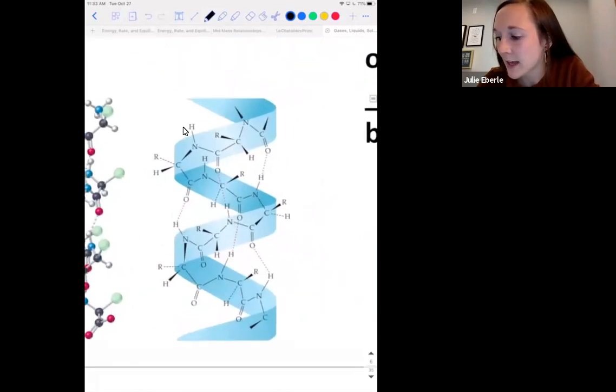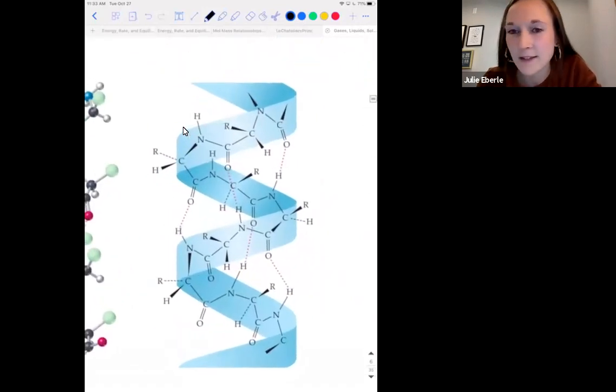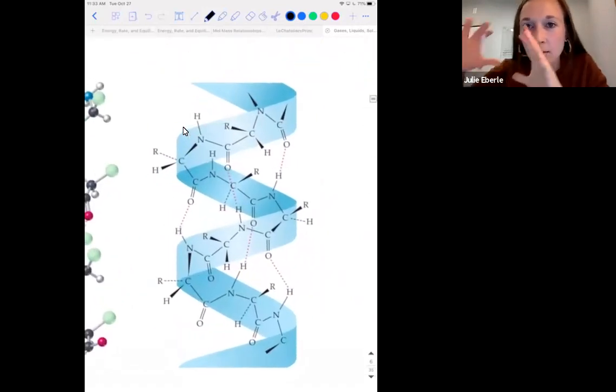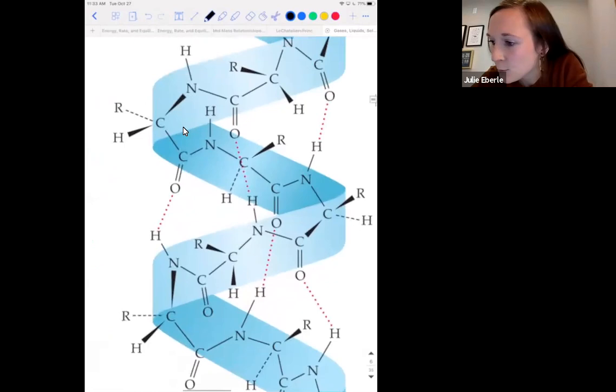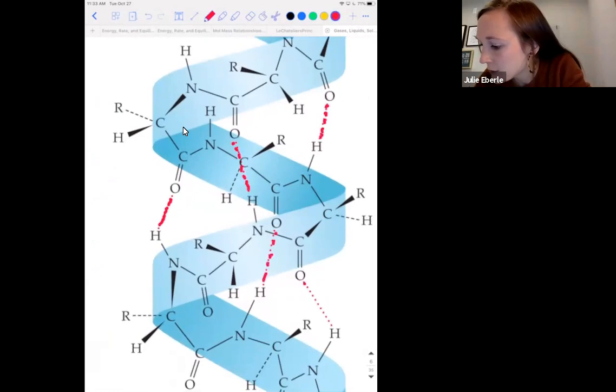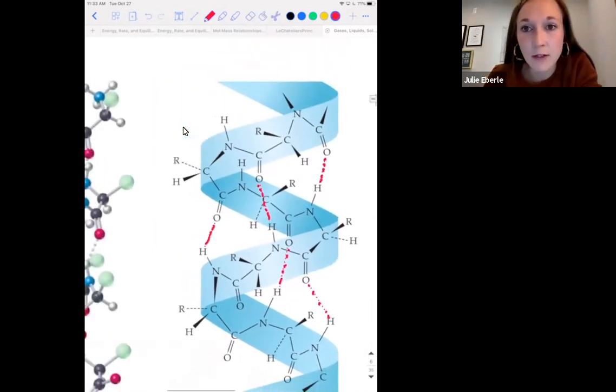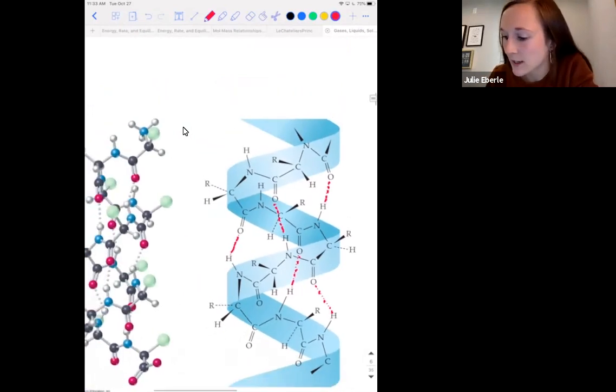So this is DNA, and I know you see a lot of carbons and hydrogens and atoms portrayed onto this helical structure, because we know DNA is a helix. It's actually a double helix, but you just see one helix here. And any of these red dotted lines, these are all hydrogen bonds. So what does that mean? That means literally our DNA is held together by hydrogen bonds, okay? Thank you, hydrogen bonds, for holding my DNA together.